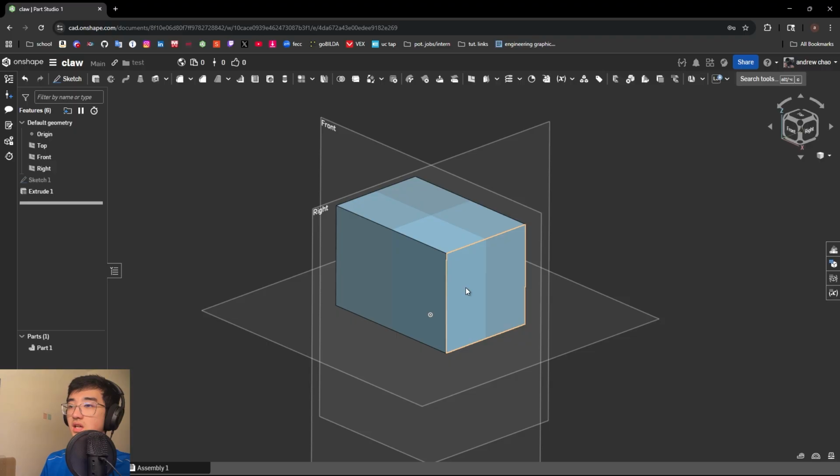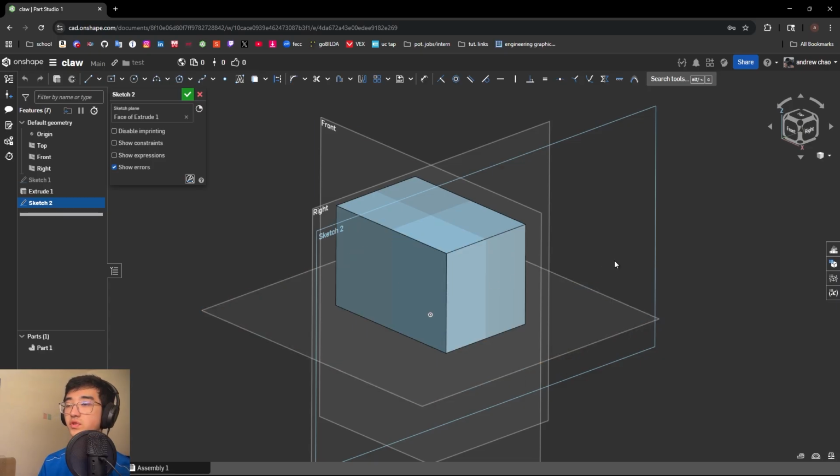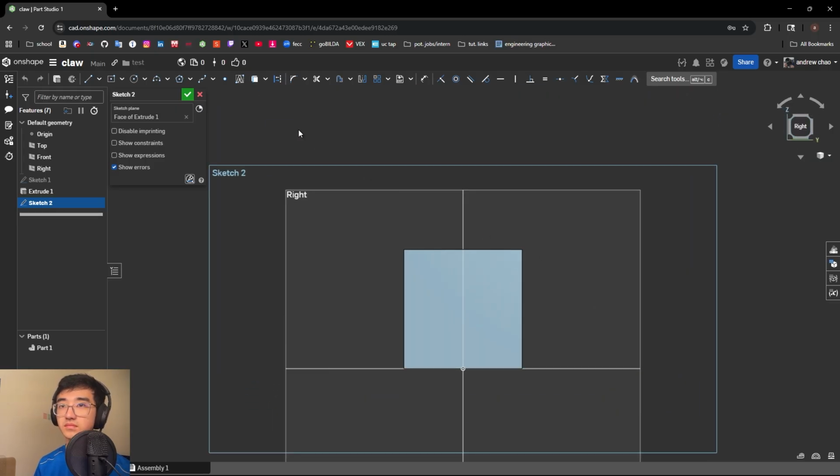So if we want to put a circle in the middle of this box here, we're going to click on this face and do sketch. Then we're going to reorient our POV, and then let's make a circle. There are many ways to make circles. The easiest one is probably this one: center point circle, 3-point circle, and then an ellipse for ovals and all that other stuff. So I'm going to press center point circle,